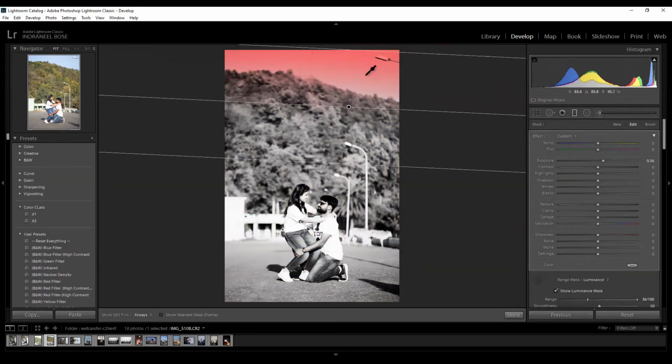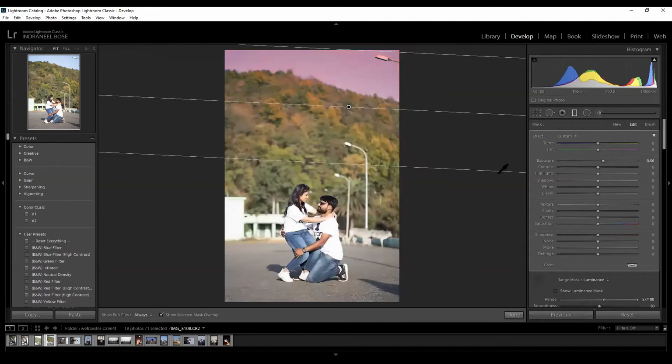Now you can just take on the colors. See, it has balanced out the colors now.